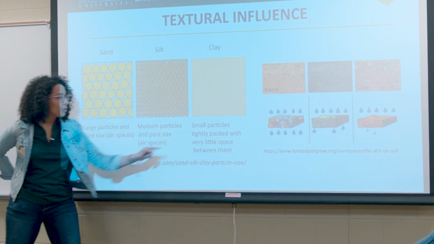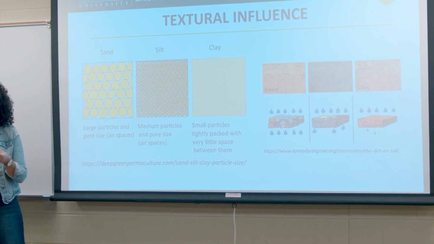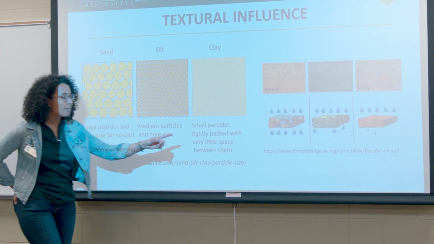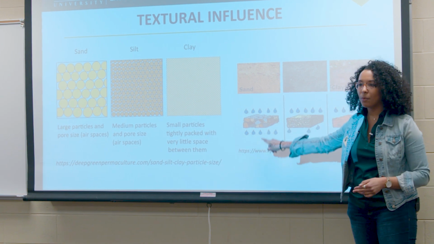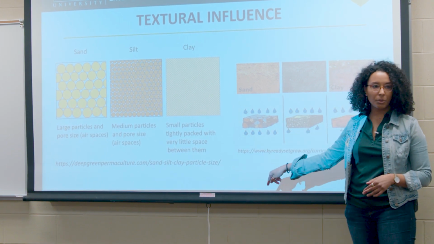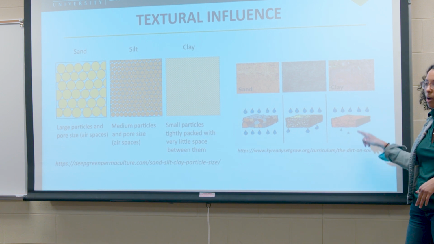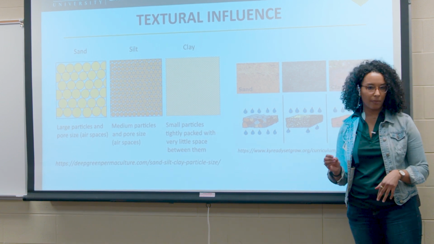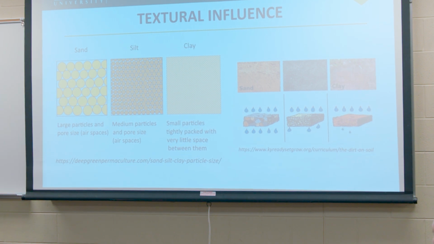Versus a clay, those particles are much smaller, they're more tightly packed, so there's less space between them. When it comes to water, that means we're having water move very quickly through something like a sand. Something like a clay, that's where we're seeing slower water movement, more water retained on the surface. So those attributes can be inherent,